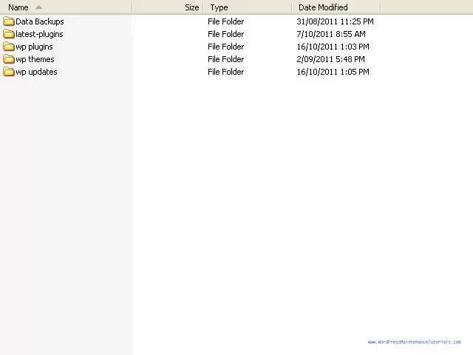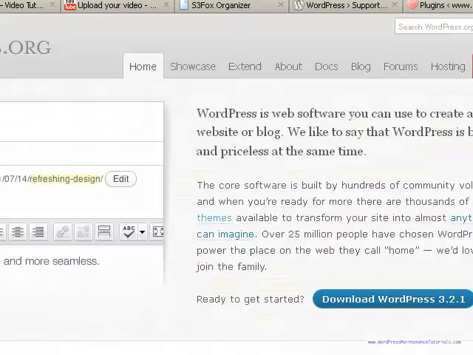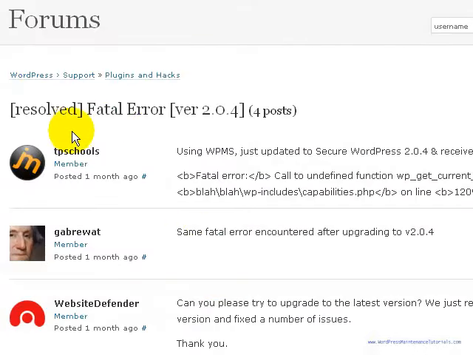I tend to do a lot of my maintenance manually because I want to keep archived copies of what I'm doing, for the reasons I've just explained, if I have to go back and get earlier versions. And I'll give you just an example before I move on, with the WordPress plugins. There was a WordPress security plugin, which when people upgraded to version